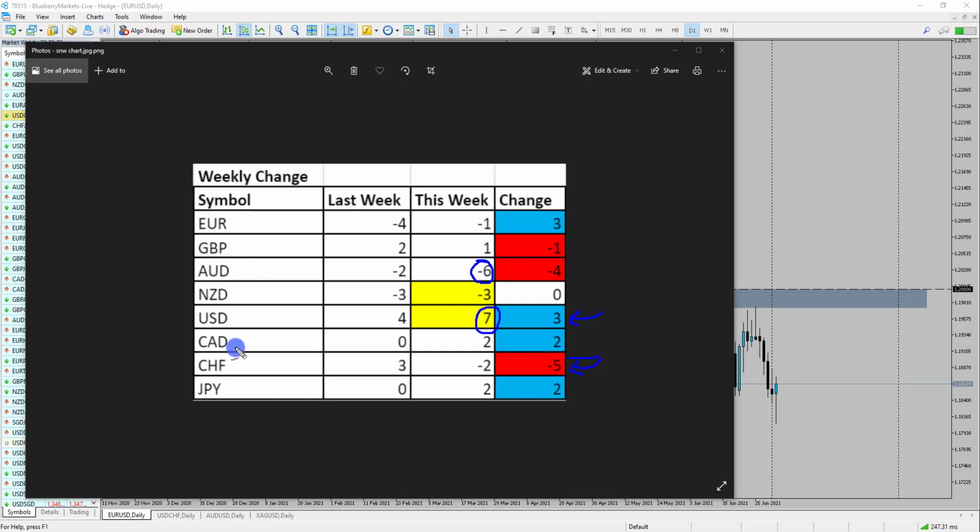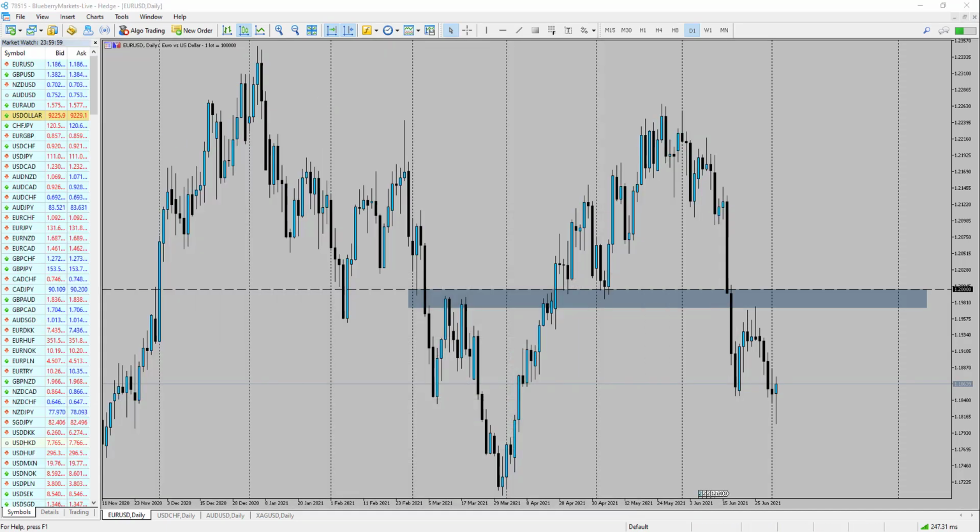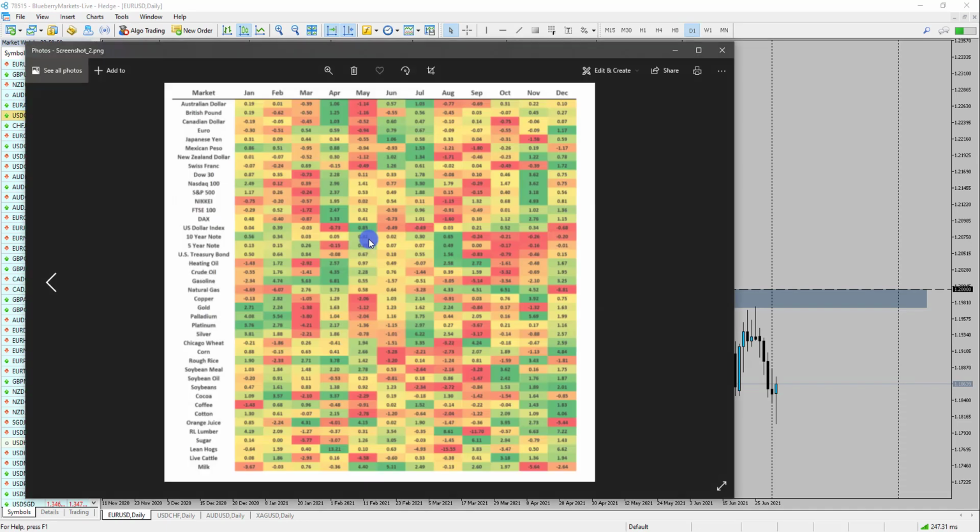But the perfect pair is Aussie US dollar, and the interesting thing about Aussie US dollar for a reversal potential is the seasonality. If I just come out of this a second and grab the seasonal chart that we looked at the other day, you can see here that if I grab July like this, we've got the whole column there. Look at the Australian dollar. It actually performs pretty well. It's the second best performing month for the Australian dollar in July. So that could show us there's a potential for the market to start